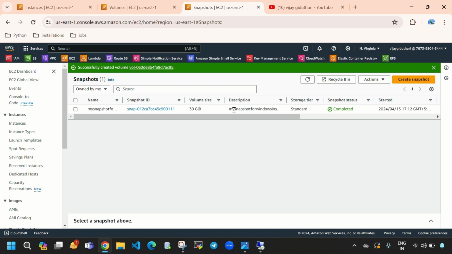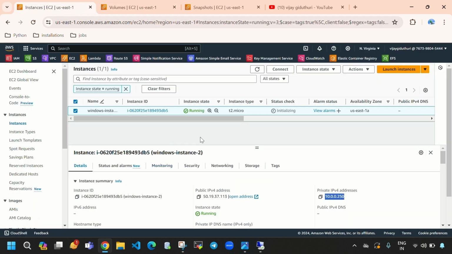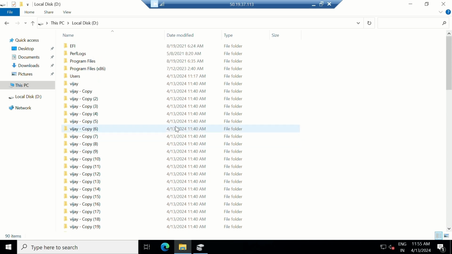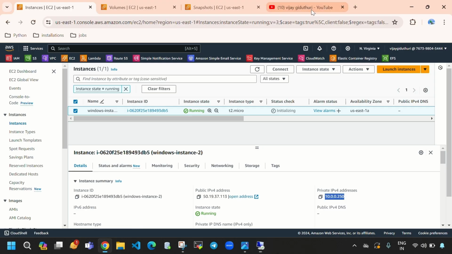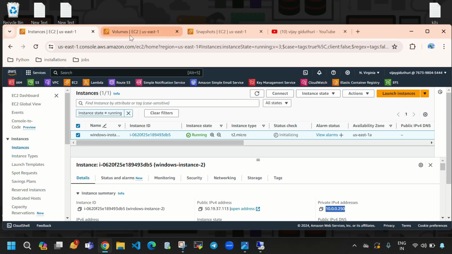So we have converted this snapshot to a volume. So this is the volume. We have converted it to a volume and we have attached this volume to this Windows instance 2. In Windows instance 2, you are accessing all the folders which have been created in Windows instance 1. Again, I am telling you guys, to create a snapshot,